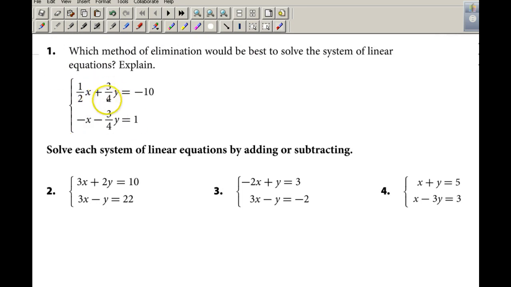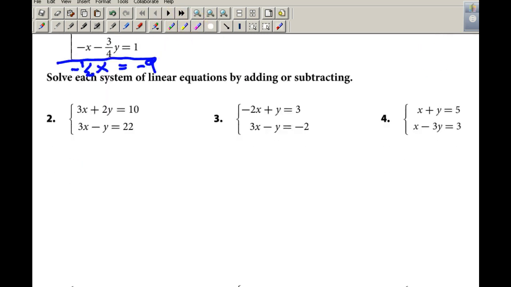But the idea is that we have a +3/4 and -3/4, I can add these together, get -1/2x equals -9, and solve it pretty quickly. We'll talk about the other method tomorrow. On number 2,